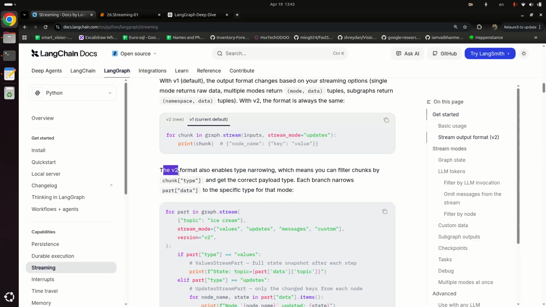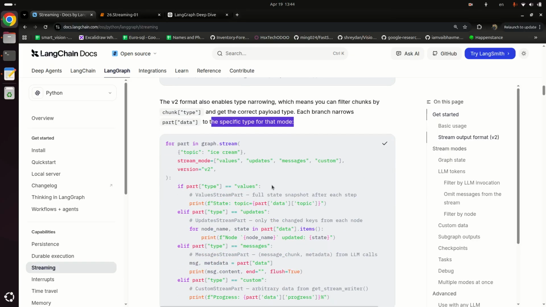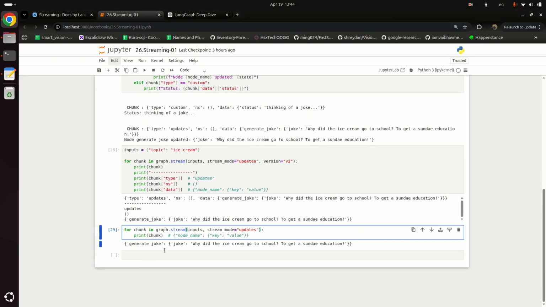Then it is saying the v2 format also enables type narrowing, which means you can filter chunks by chunk type and get the correct payload type, and each branch narrows part data. To specify the type for that mode, let's use this example. I will copy and paste here.